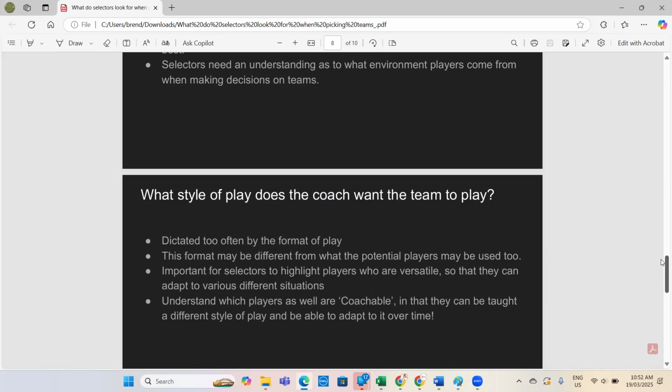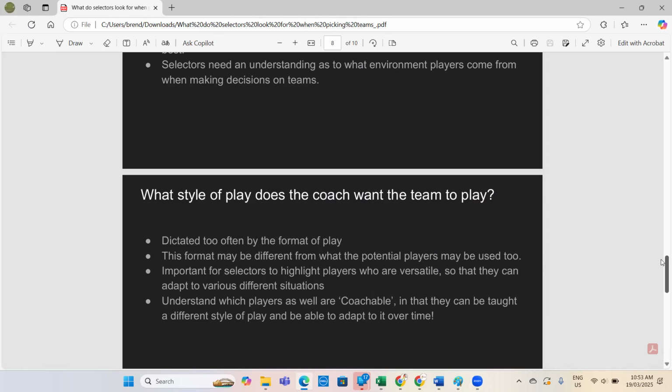So the style of which a coach wants to play has a real impact on potential results for players, but also potential selections by our selectors and coaches. What we look for as a selector is we want to see that players are versatile, so they're able to play in different styles under different pressures, under different situations.